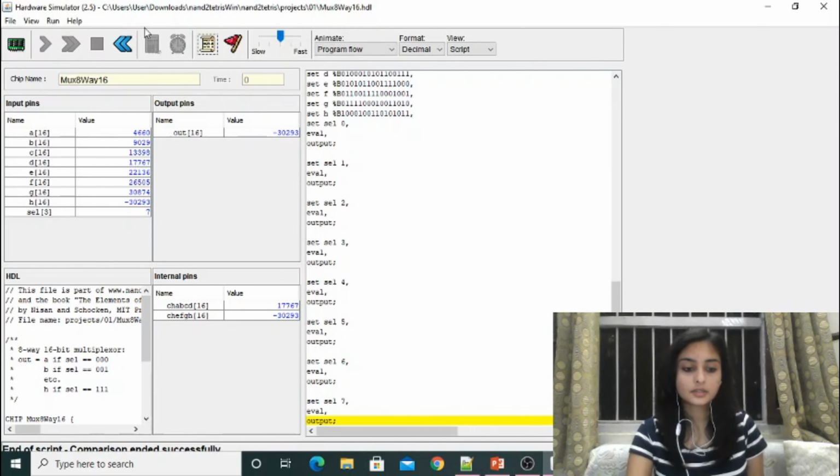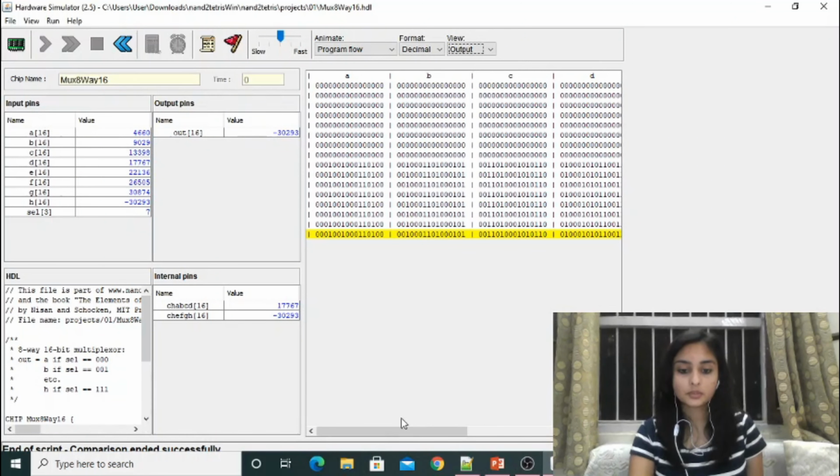Yeah, so the comparison ended successfully. This is the desired output that we get, and now we move on to the comparison, and since no changes were made, our implementation was correct.